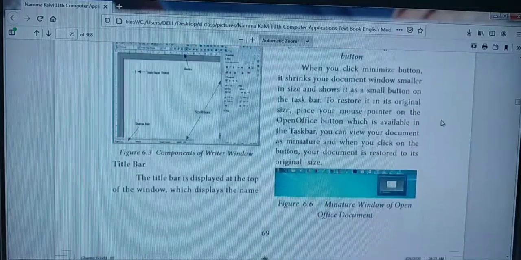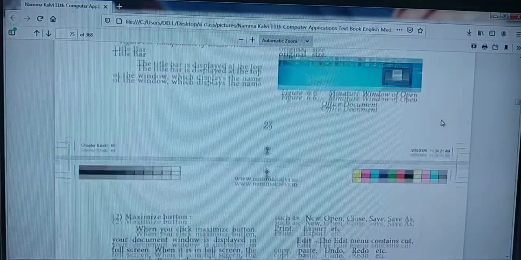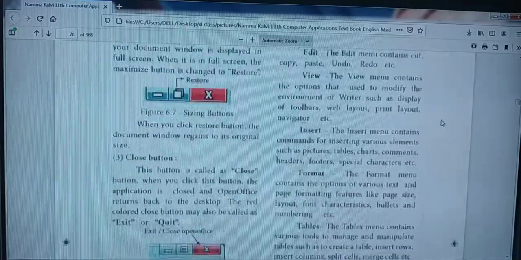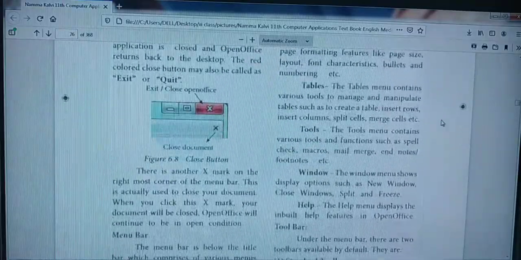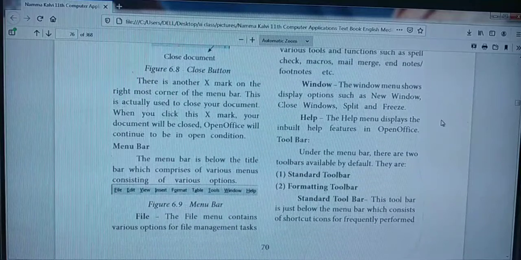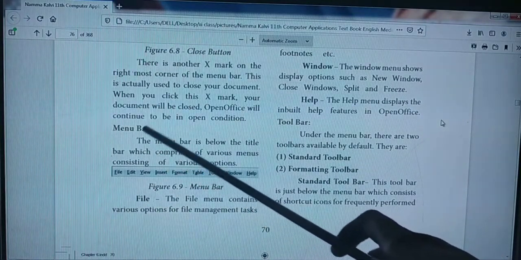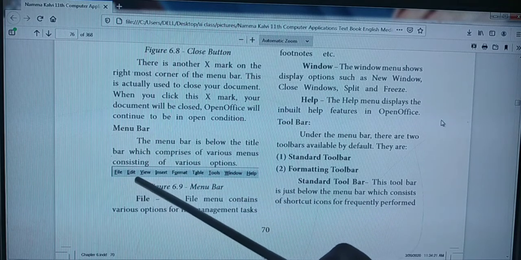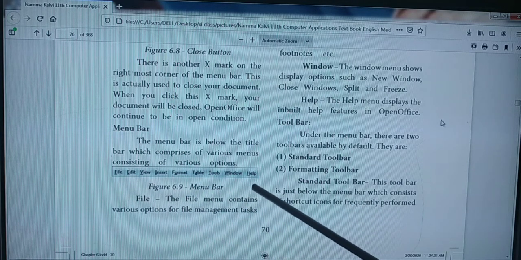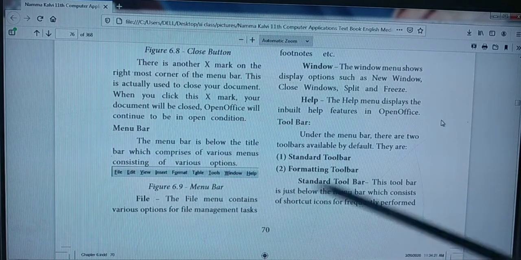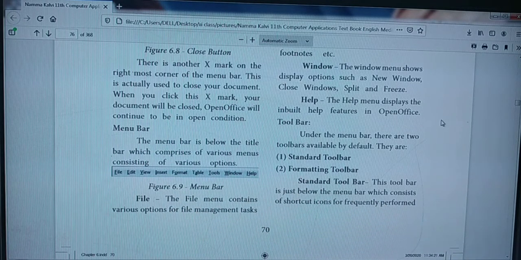It is going on: title bar, then maximize. To that side we'll be having the minimize and close button. In between this itself you are going to have another 5-mark question: write about the menu bar. From here you people have to write, and all the menu bars will be explained here for you, that you people have to write down. It is another 5-mark question. Already it is inside the parts of the window, and we have marked this.